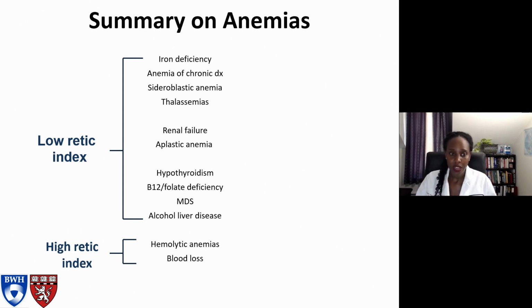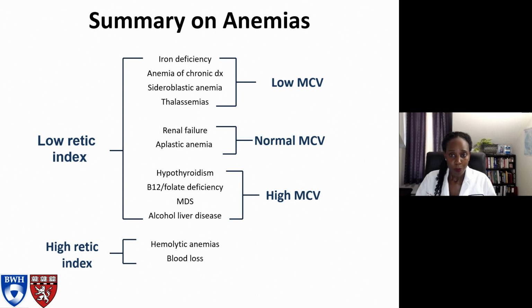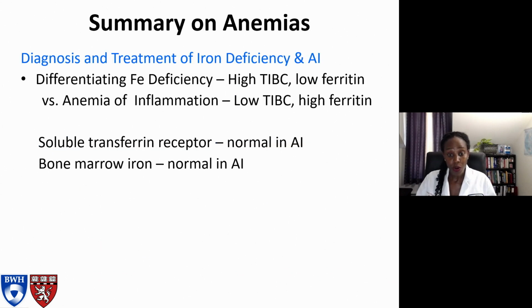And when the reticulocyte index is low, depending on the MCV, you can really narrow down the differential further. We talked about differentiating iron deficiency from anemia of inflammation, based mostly on the TIBC and the ferritin. Soluble transferrin receptor is normal in anemia of inflammation, and the bone marrow iron is also normal in anemia of